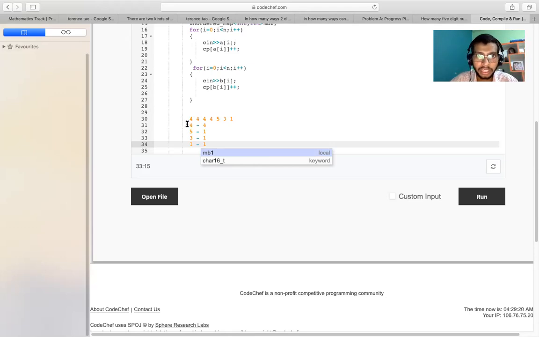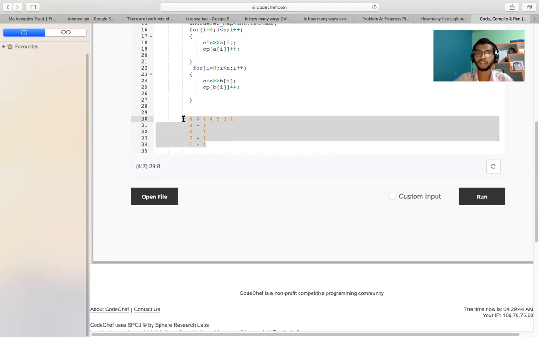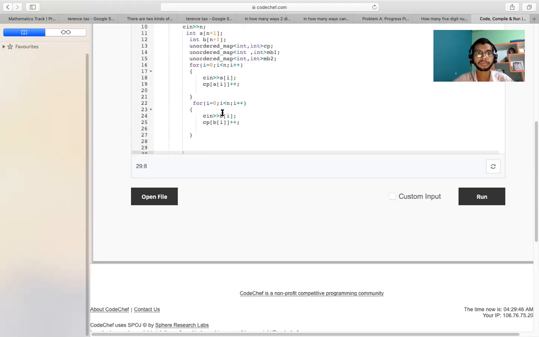Here this one, like 4, 5, 3, 1, is the key and this is the value. And what is the value? The value is simply the occurrence, the frequency of the element, and I can make anything a key and anything a value. It's just defined like this: this one is the key and this one is the value. If I want to access the key, I have to use i dot first, and if I want to access the value, I have to use i dot second. Okay, I hope it's clear to you all.